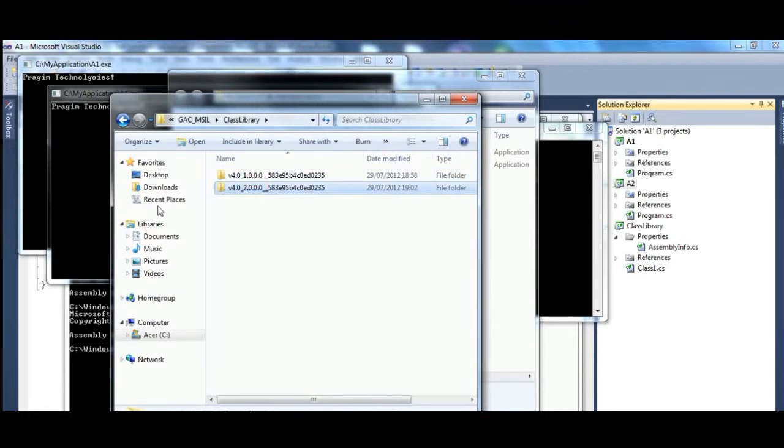So strongly naming the assemblies solves this DLL hell problem. There's no chance of accidentally overwriting the assemblies, because different versions of the assemblies can live together side by side, and this is in fact called side by side execution. Okay, so strongly naming assemblies